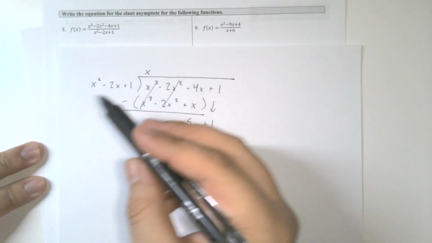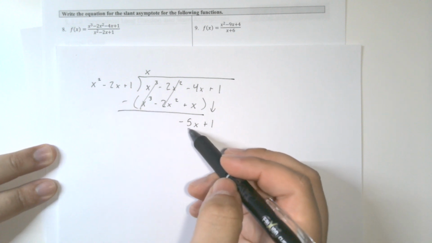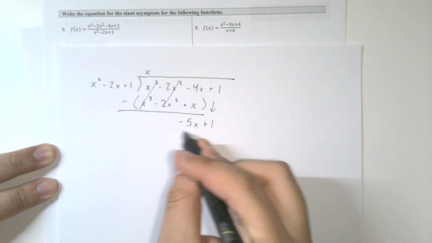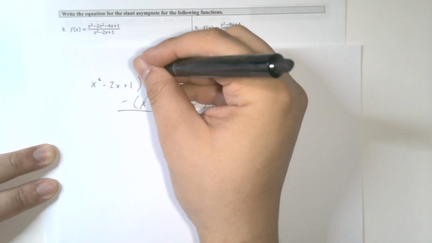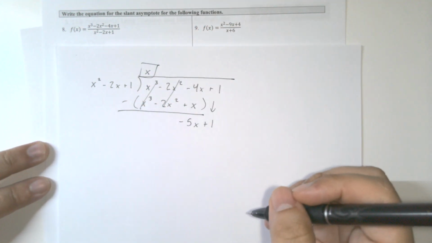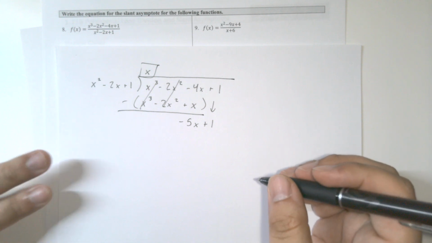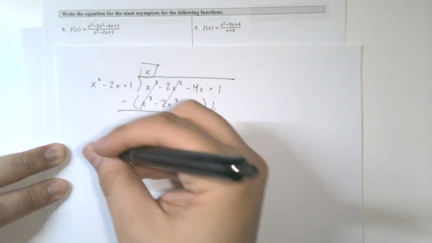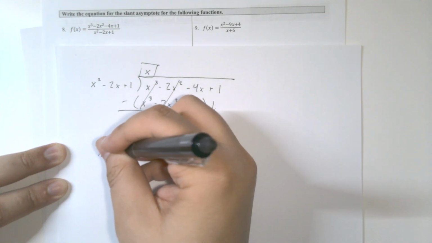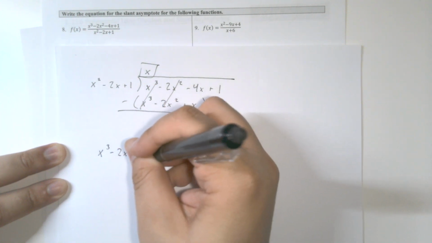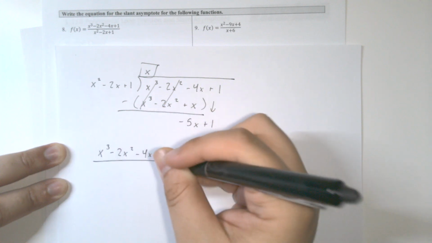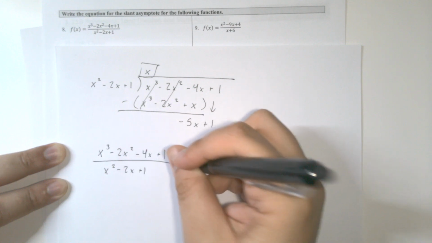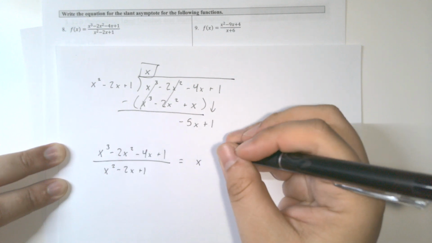And notice that x squared doesn't go into negative 5x at all. So really, this is all of our remainder. And all of this right here, just the x, that's the equation for our slant asymptote. In fact, if we were to write out the full answer for our polynomial long division, we would say that x cubed minus 2x squared minus 4x plus 1 divided by x squared minus 2x plus 1 is equal to